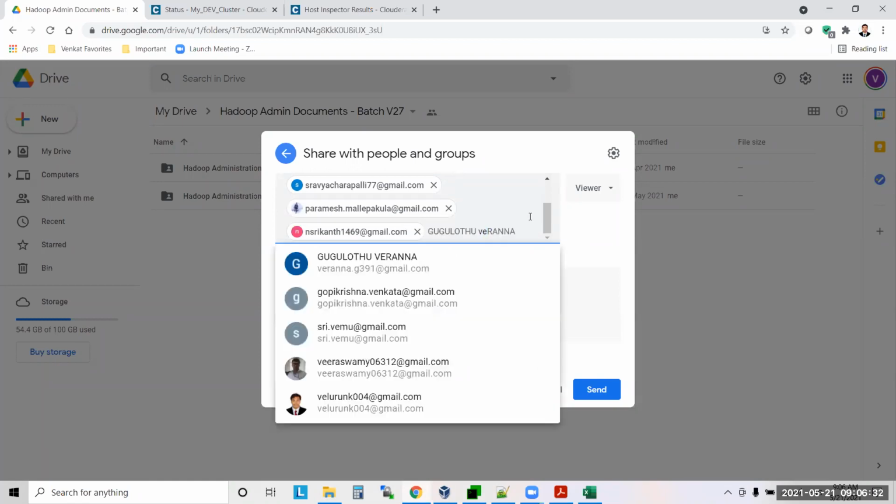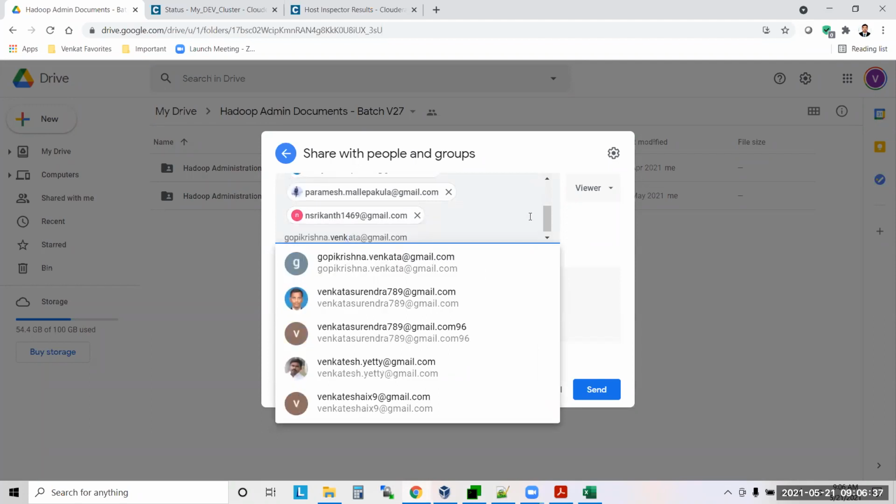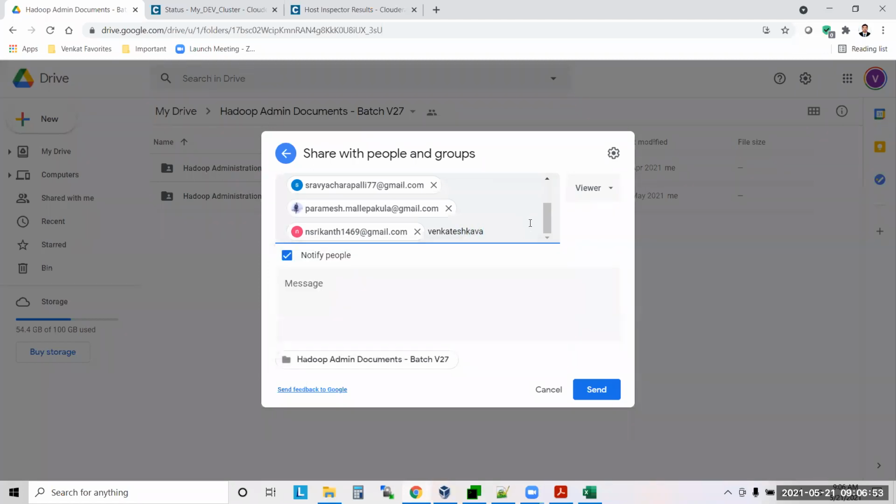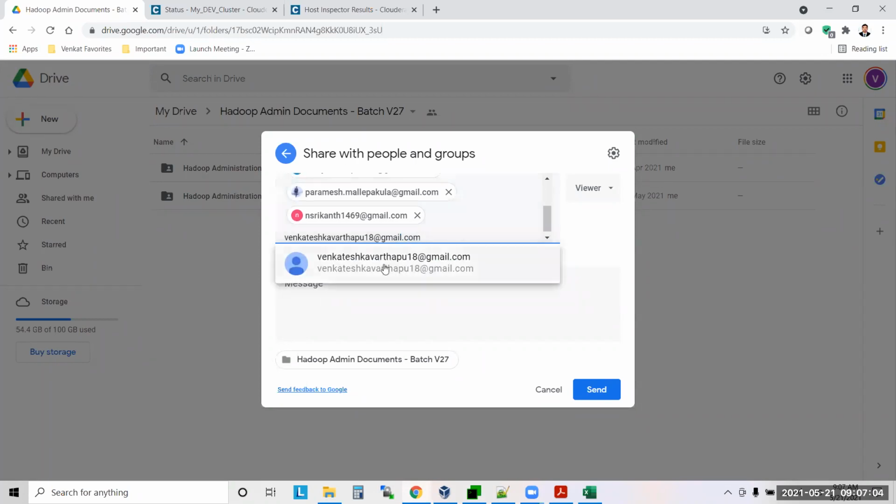Venkatesh Kavatapu, with the Gmail address. Okay.